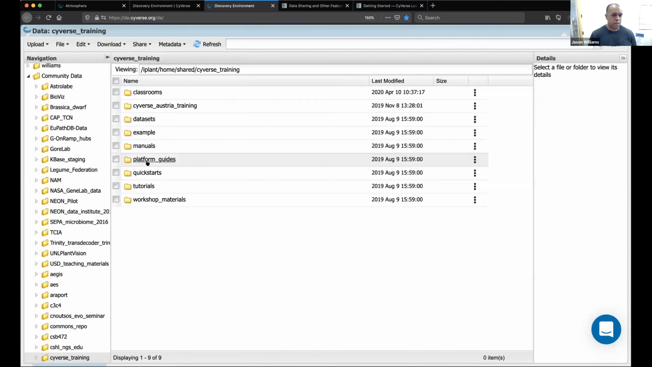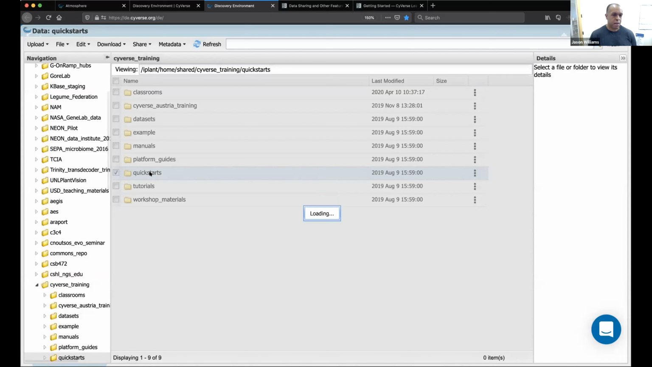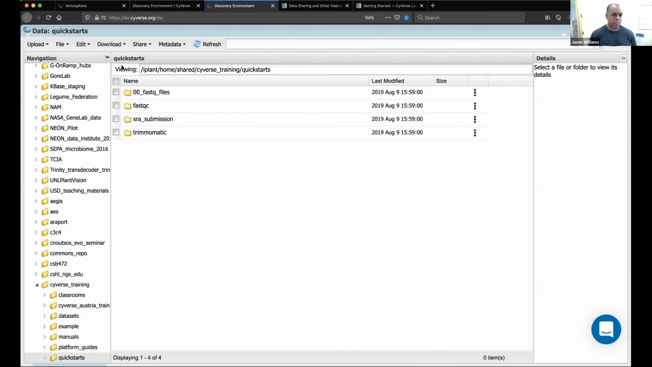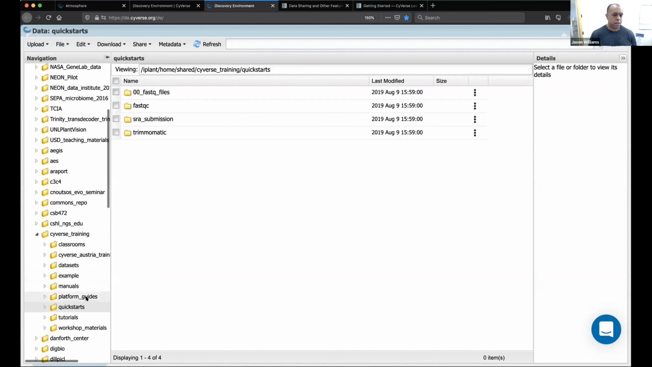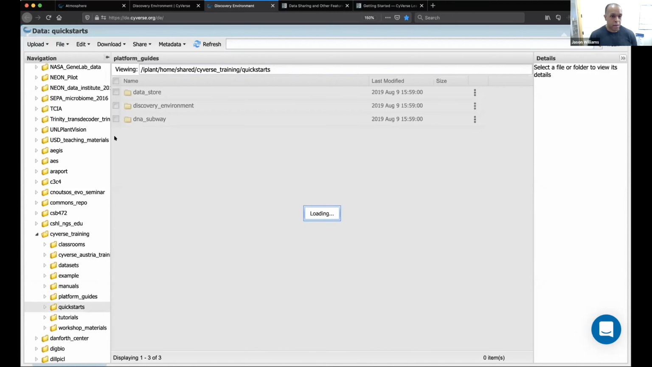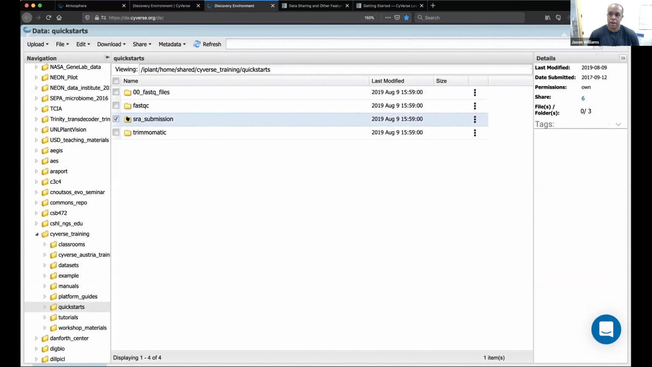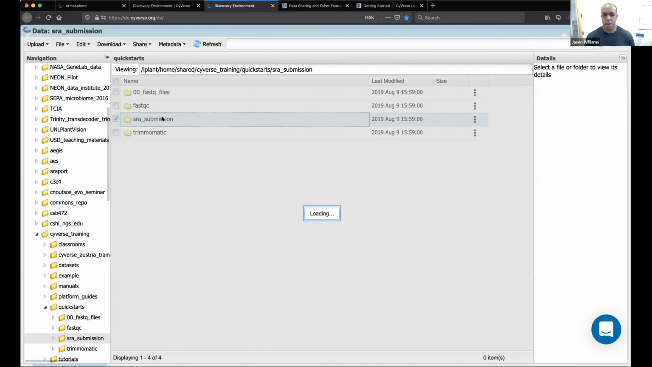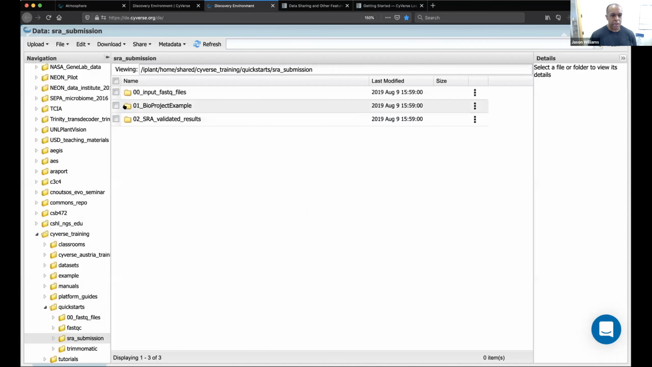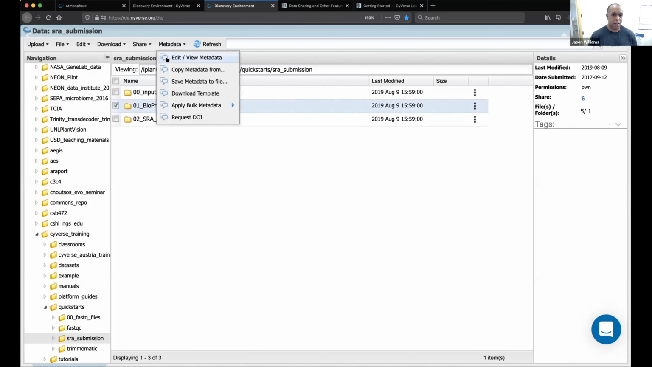And also, I think it's in quick starts, maybe, it should be in platform guides actually. Let me go back. Datastore. Oh, no, it is here. SRA submission. So for submitting data to the Sequence Read Archive, which you can do directly through CyVerse, it requires metadata be assigned. And so if I click on a folder that I know, if I recall correctly, has metadata,